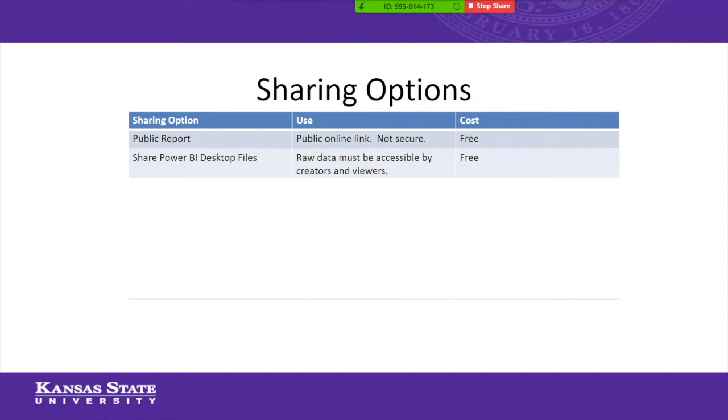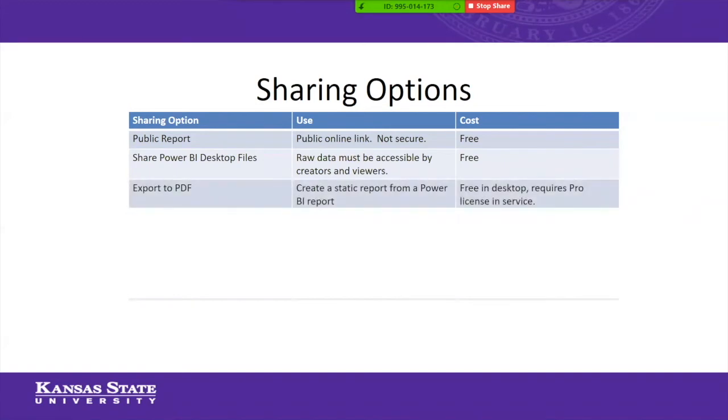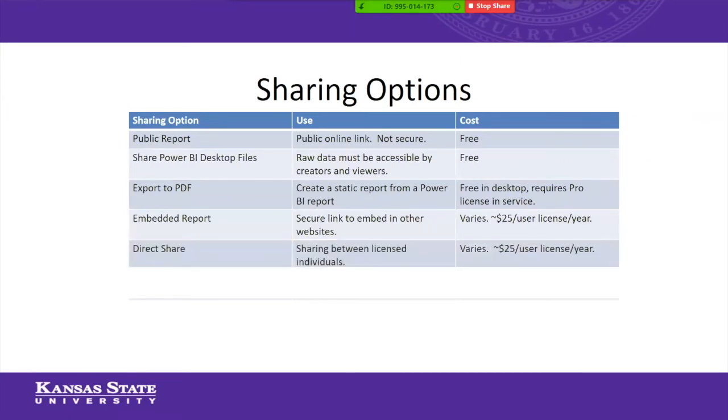Beyond that, there's a mechanism to export it to desktop. If you want to export it into a PDF file, that requires a Pro license. Here at Kansas State University, if you are a creator